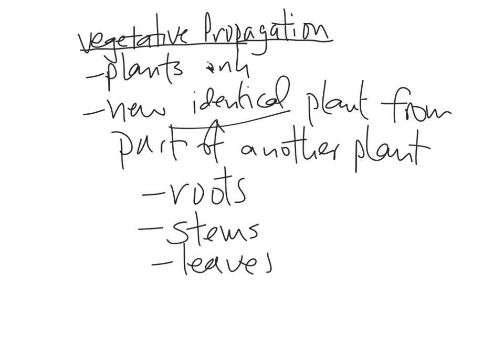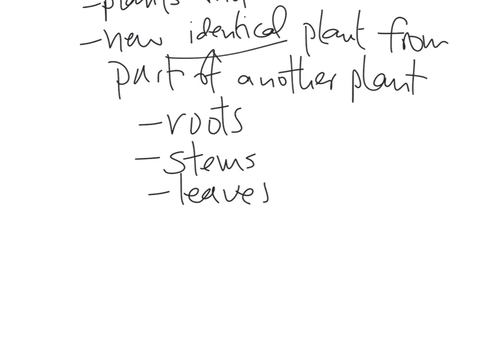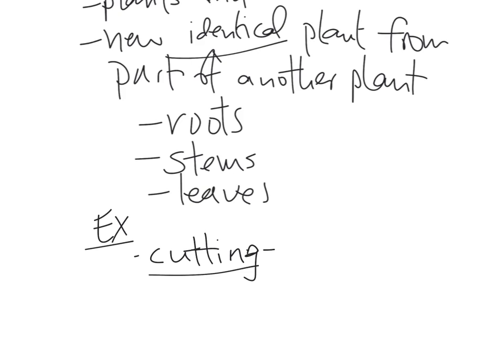Examples would be what we would see with what we call a cutting. So if you take certain types of ivy and you cut the stem of a branch and you plant it, or you put it into some liquid with a little bit of nutrients in there, it can actually start to root from the stem. It's called a cutting, and you get new plants from the stem.